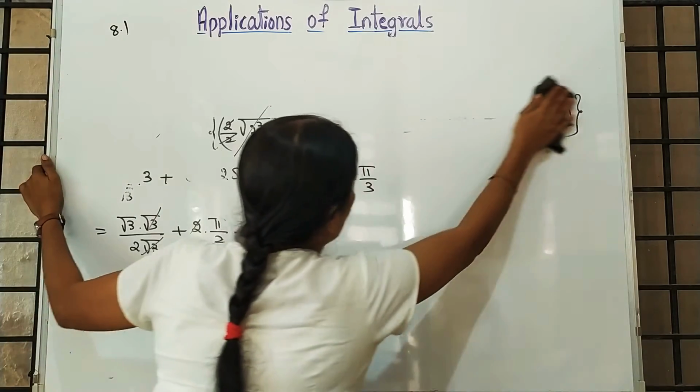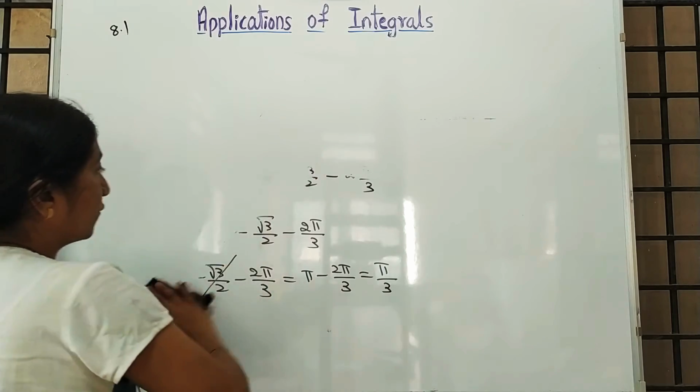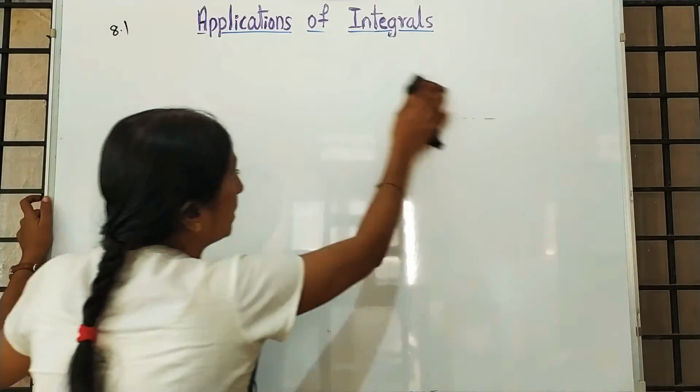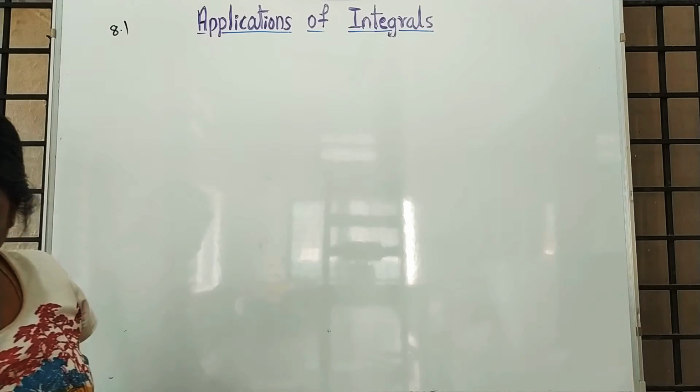If you are able to draw the rough figure, that shaded part is a must. Moving to the next question,